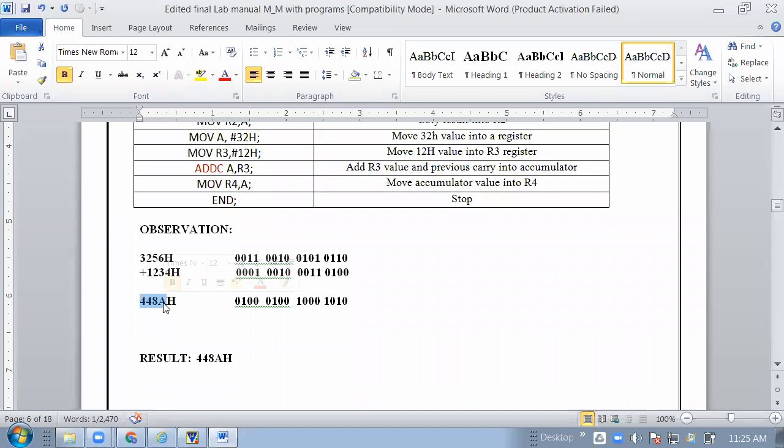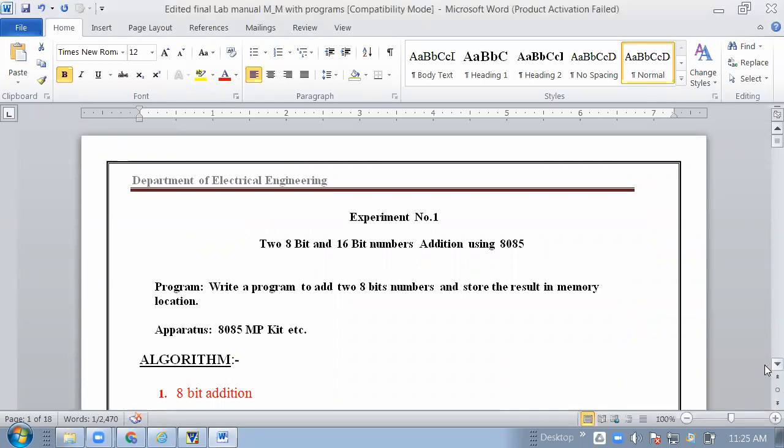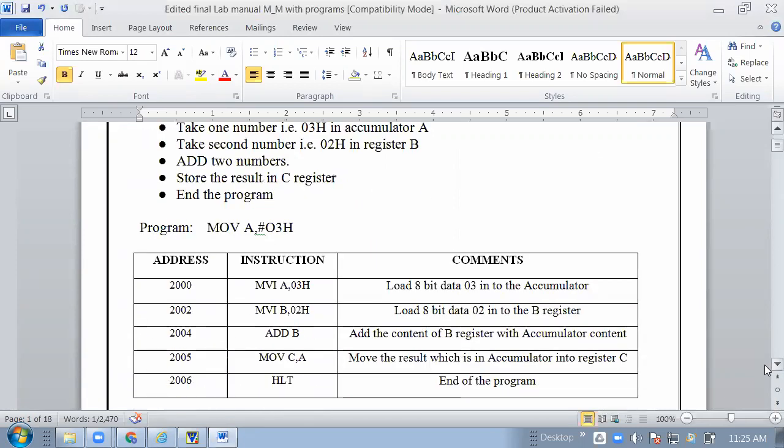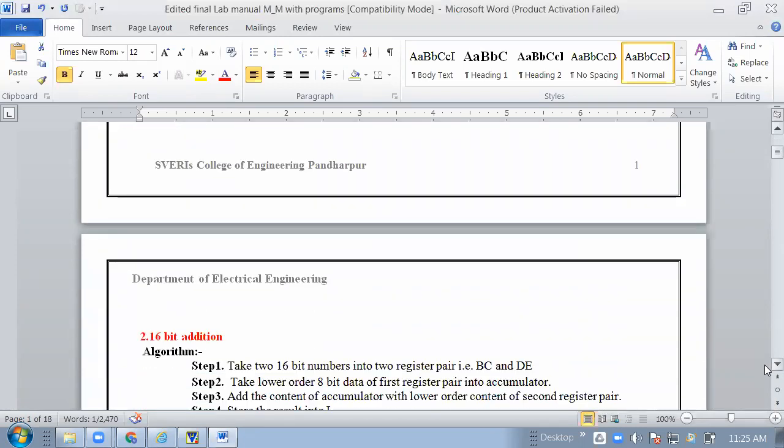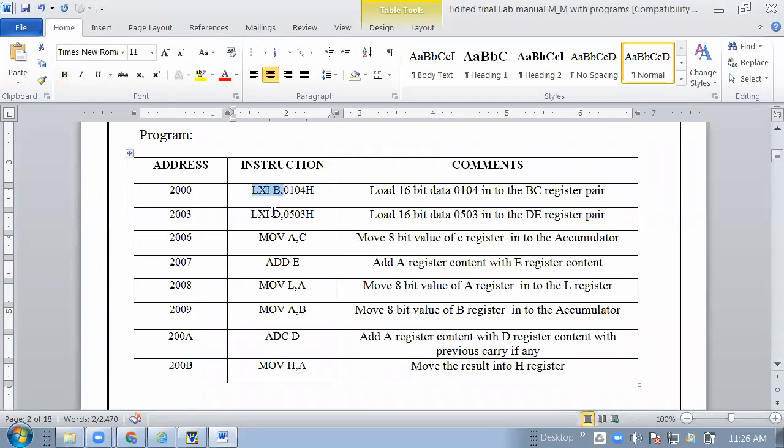In your previous 8085 programming, what are we doing? See, in that programming, they are using the B and D registers. The E register is transferred into the L, and the higher bit and lower bit are stored into the HL.